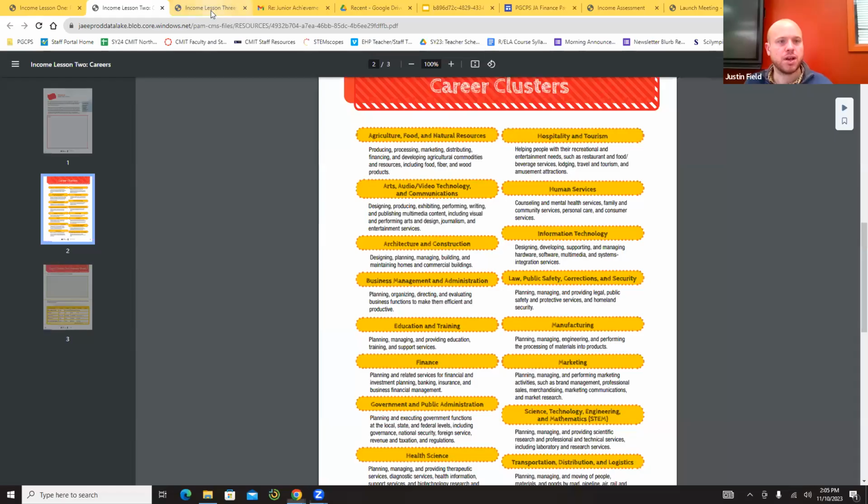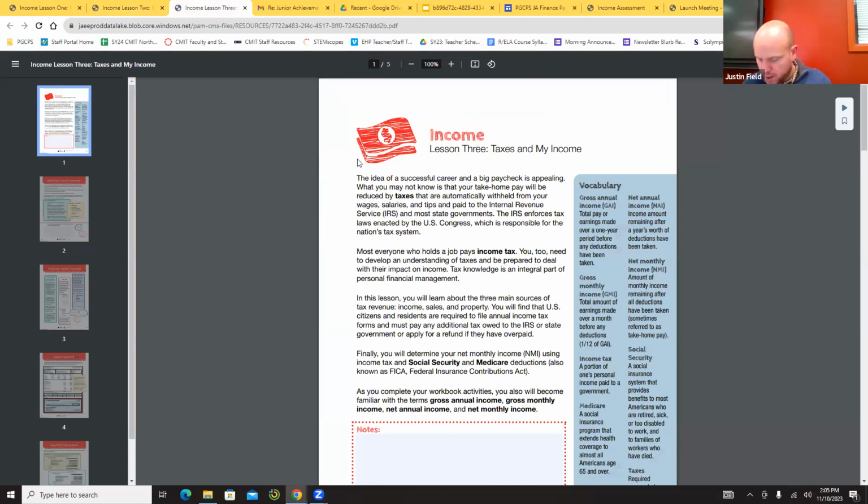And in the box here, check off whether it matches your interests, abilities, and values. And then in the boxes that are blank below, write off any other information that you find about that career. Okay, and that will complete your income 2 section of the workbook. And we're going to go through one more right now, income 3,